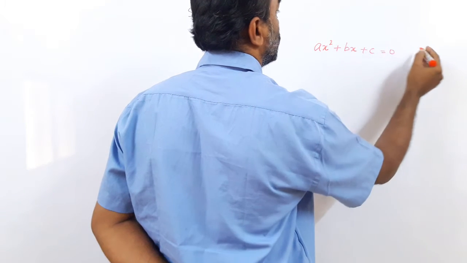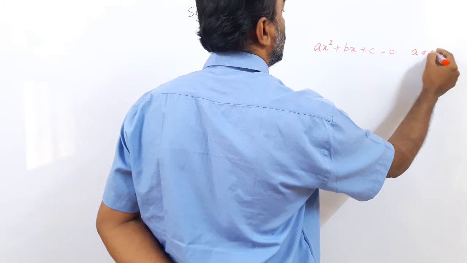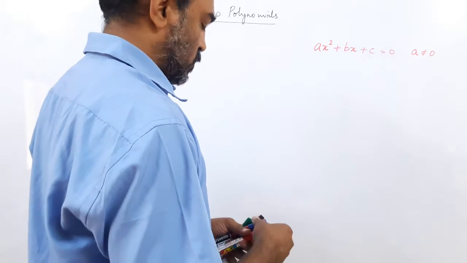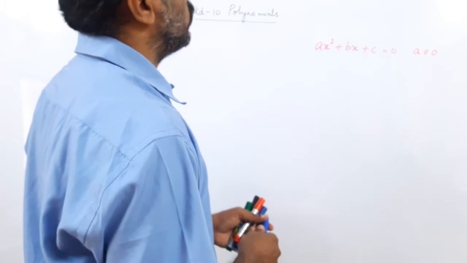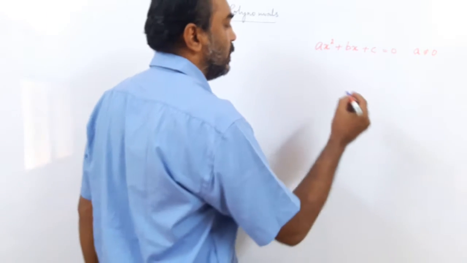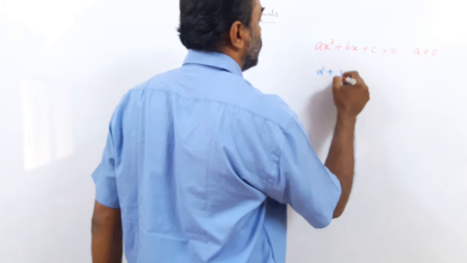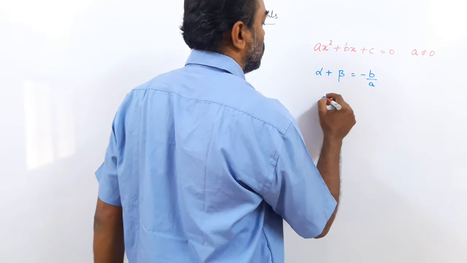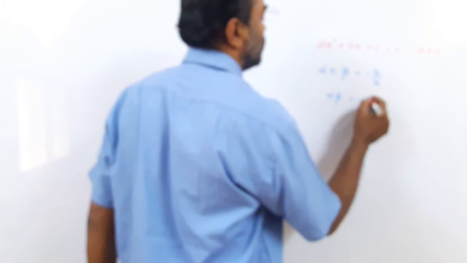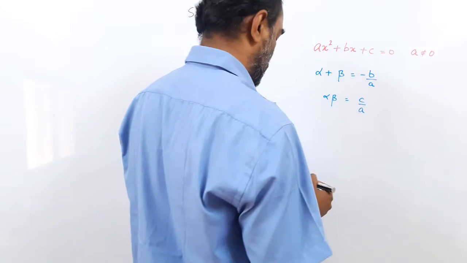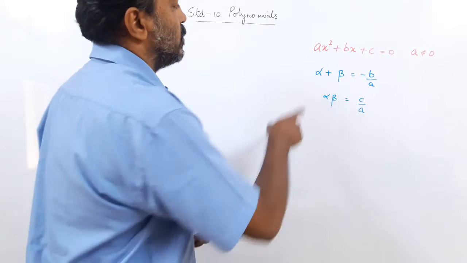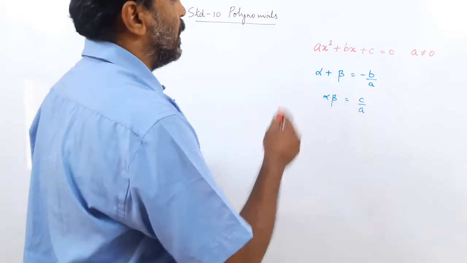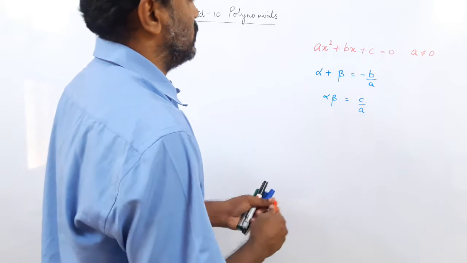In the previous lectures, we discussed a quadratic equation ax² + bx + c = 0, where a is not equal to 0. And what did we study here? We studied that the roots of the equation, alpha and beta, are related by: sum of the zeros is minus b upon a and product of the zeros is c upon a. Means the sum of the zeros and the product of the zeros is related by the coefficients.